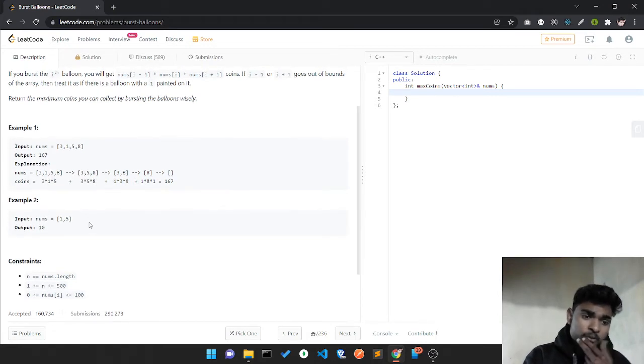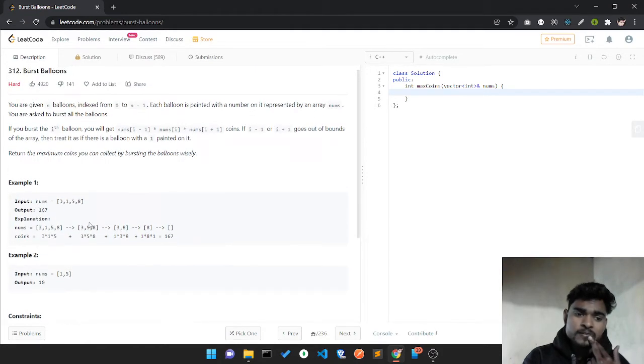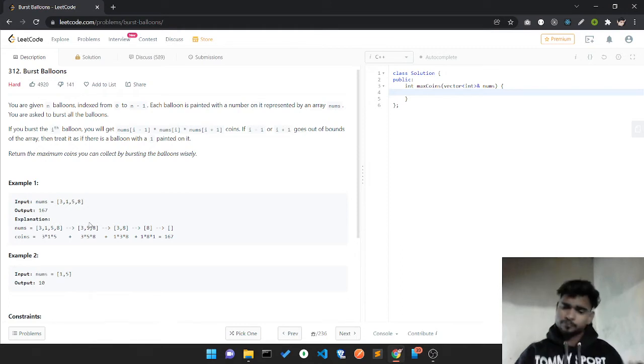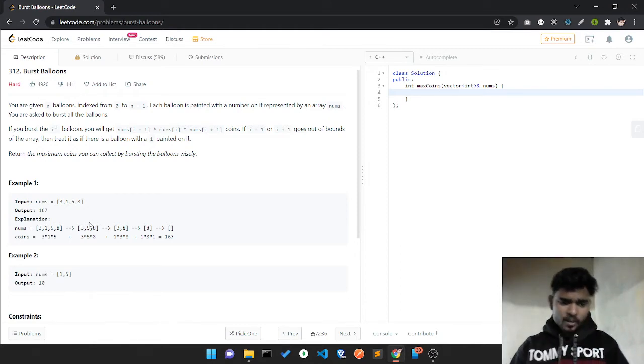So how can we approach this question? My brute force approach is that I'll go with every possible way, compute the values, add them, and find the max.